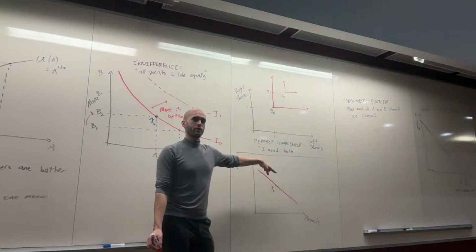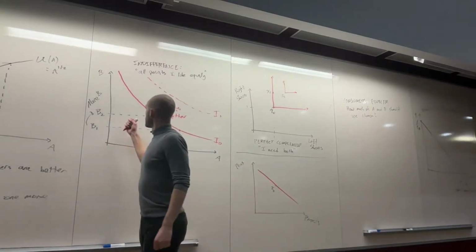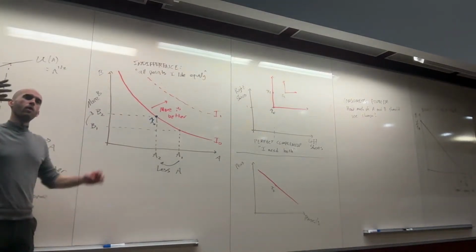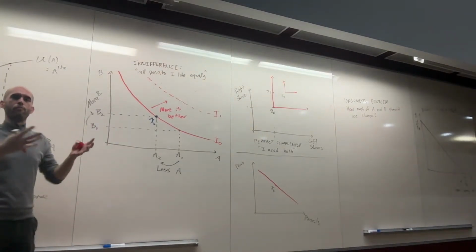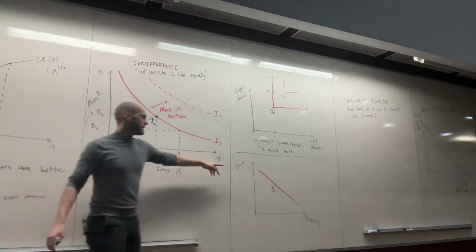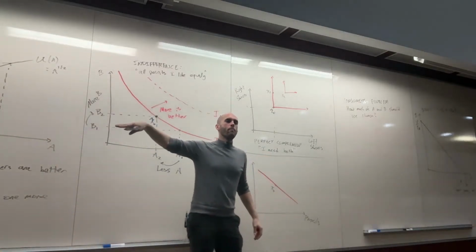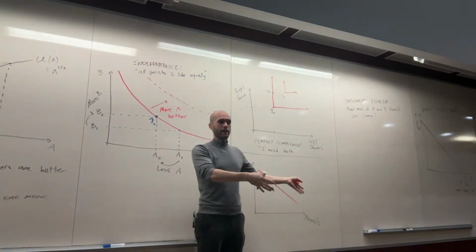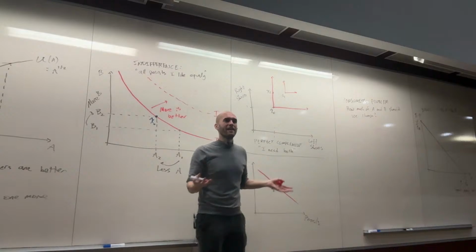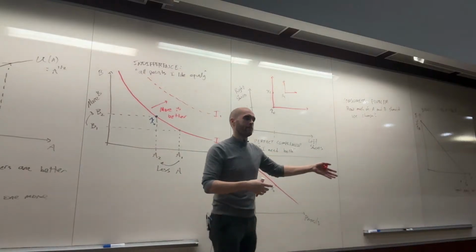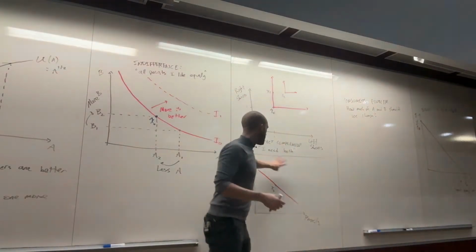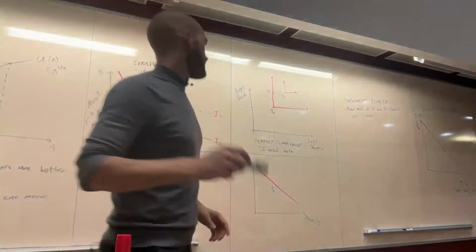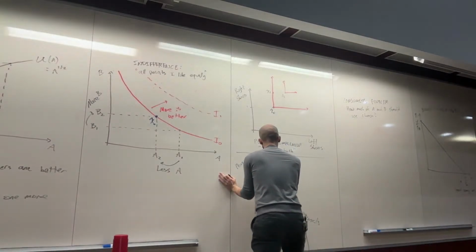There might be some curvature to this, but it will look something like this. Ryan's preferences for candy are slightly curved because Ryan prefers some combination of both. And you might see that with pens and pencils. Like I might want just one pen, maybe most of the time I don't really care, but I want one pen just in case. And the same might be true for pencils. Like I do everything in pen, but then for exams, I bring my pencil. But generally, it's going to be something like this. This is what we call substitutes. These are our substitutes.